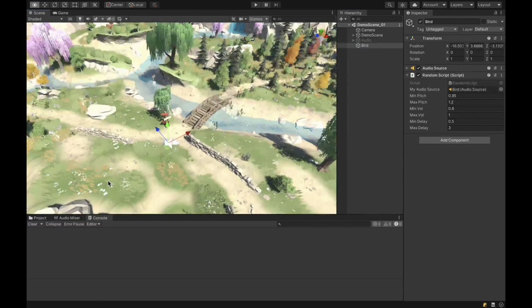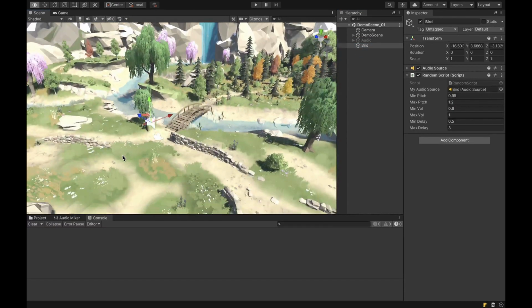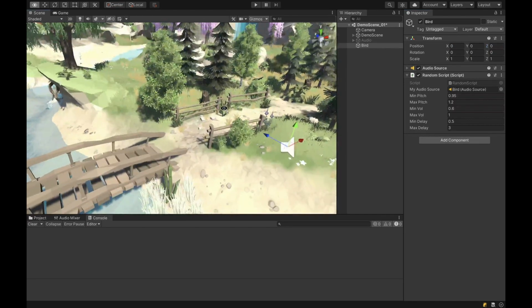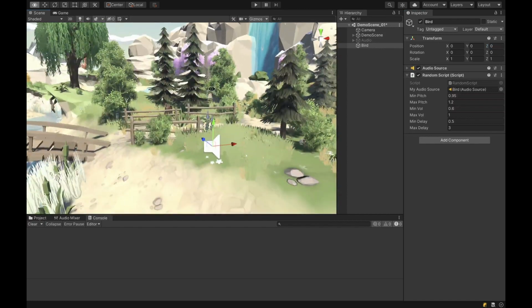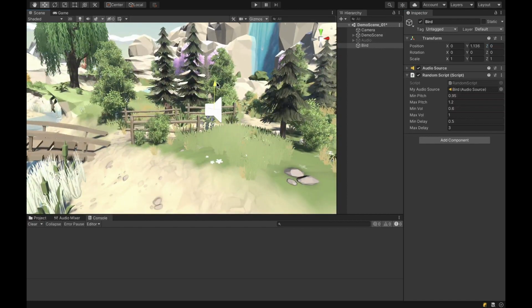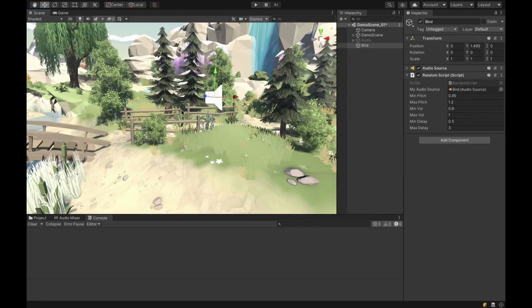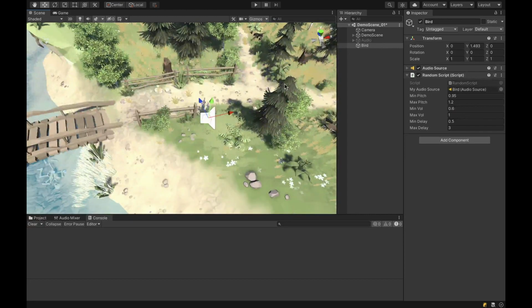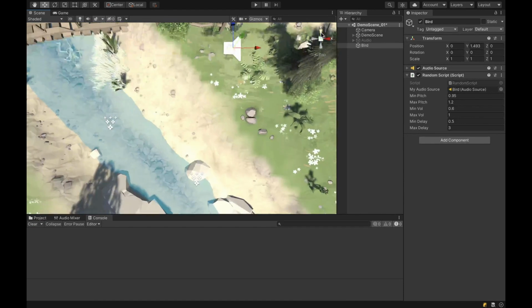So the bird is there. That's not a bad spot, but what I'll do is zero its position, being that that's a good way just to get it into a decent area, and I'll give it its height maybe first. And from here what I'll do is hit this green little cone gizmo thing,